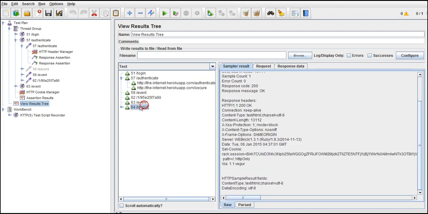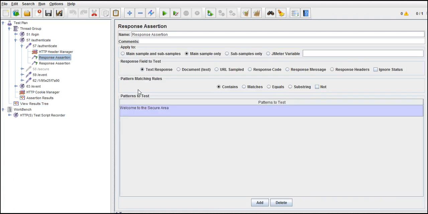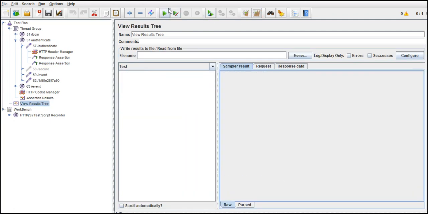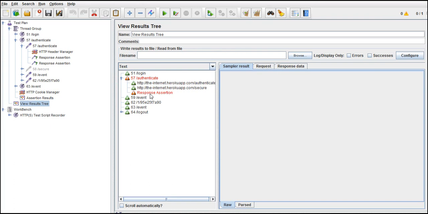Okay, let's do something. Let's change it. Let's do negative testing now. I'll give the code as 206. Now I'll run. Let's see how it displays. Yep, you can see that red mark, and it says response assertion failed. Got it?